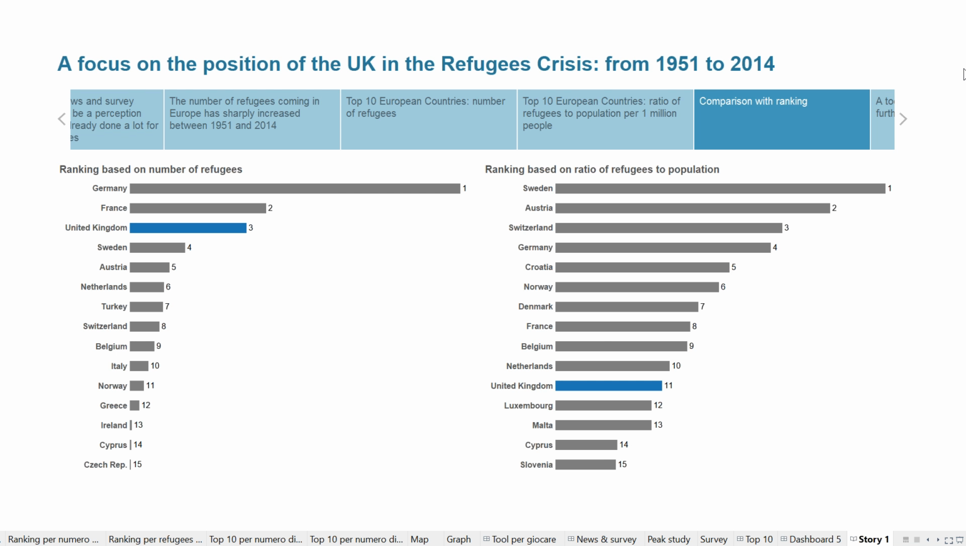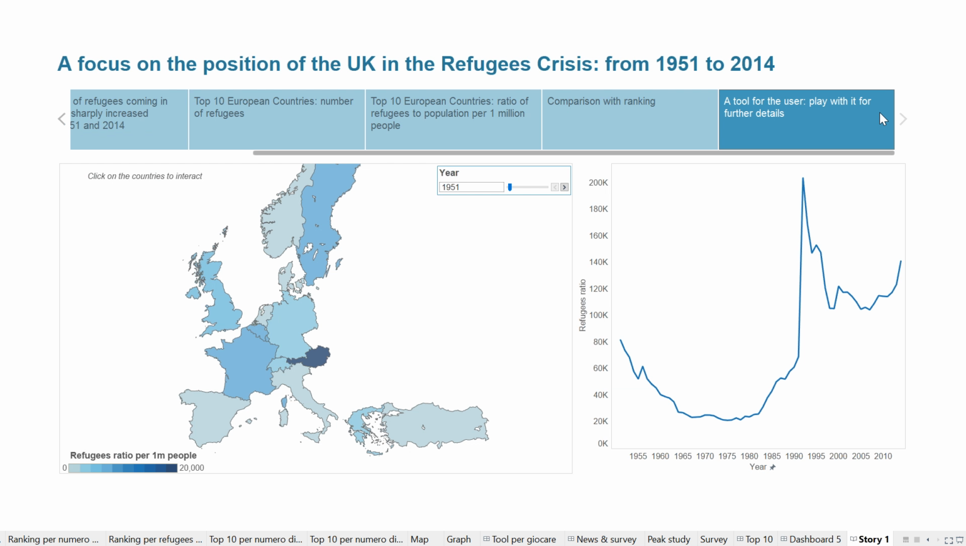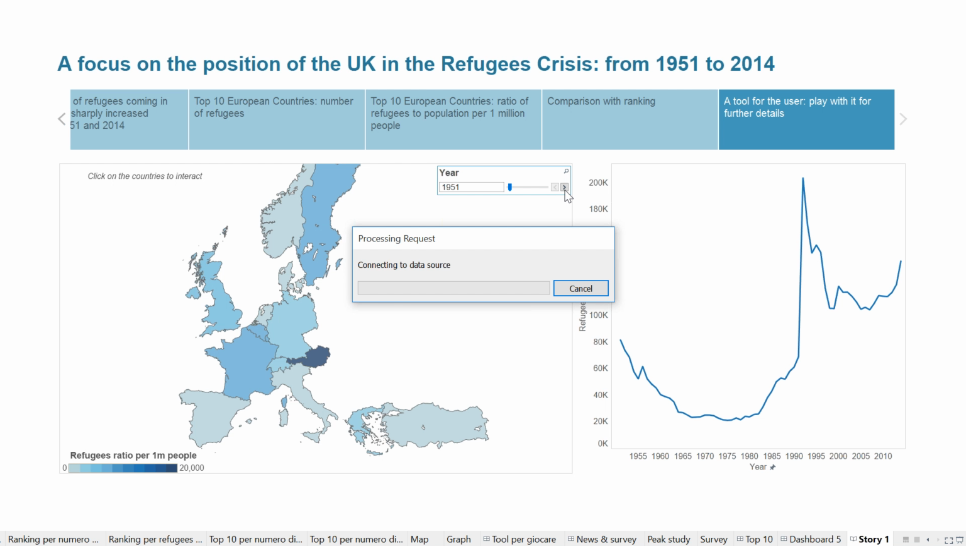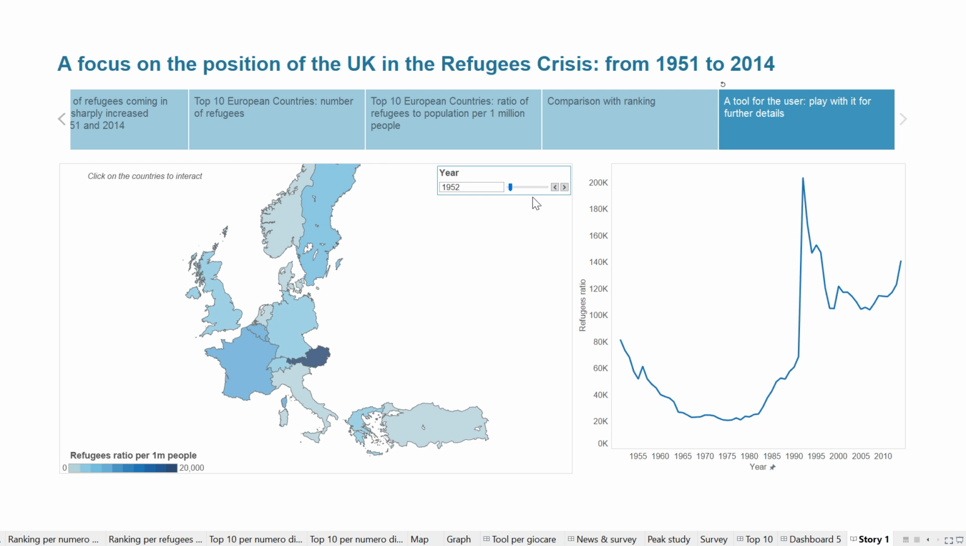However, if we look at the interactive map, it's possible to see going through the years that... What's happening? It's chugging along. For the first time, right? Okay, now we'll go faster. So, going through the years,